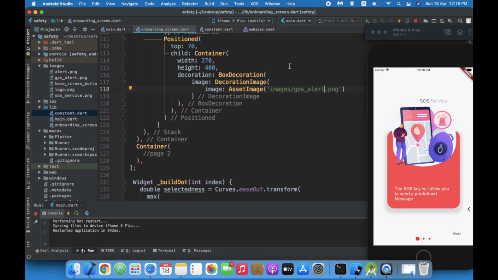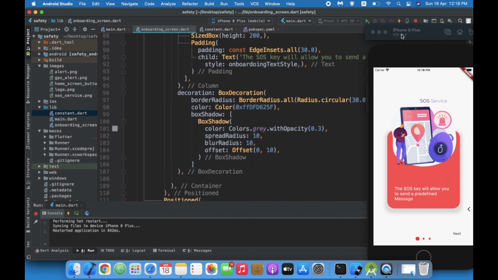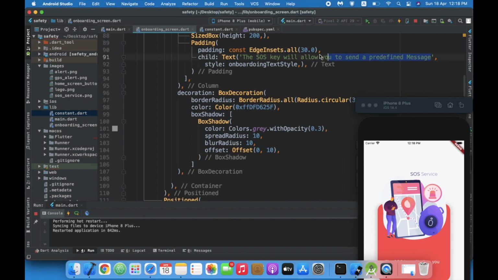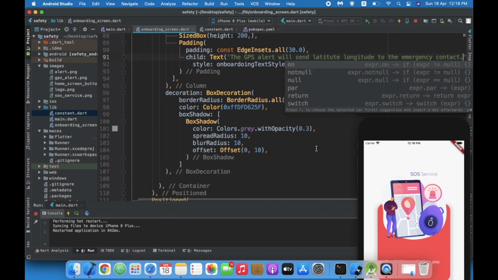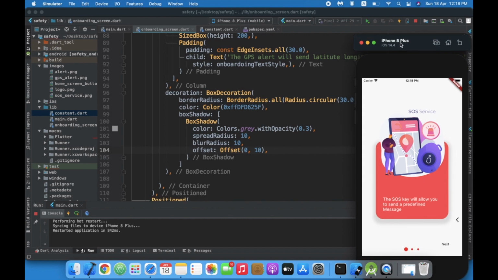Okay, I'll change the text a bit. The GPS. Okay, you can write whichever text you feel comfortable with.